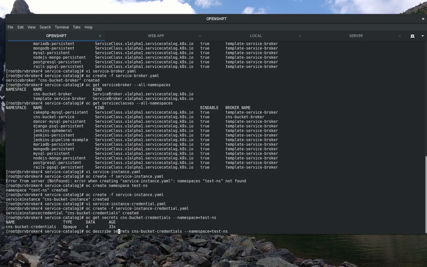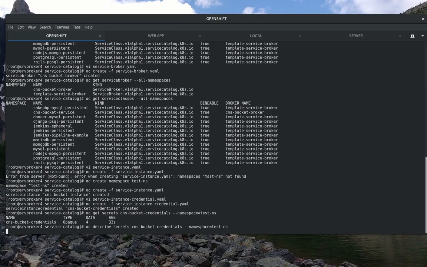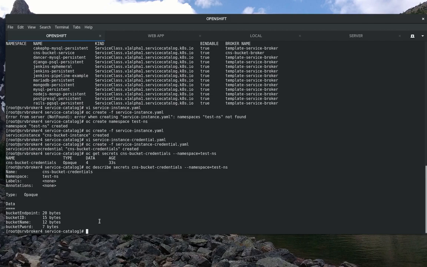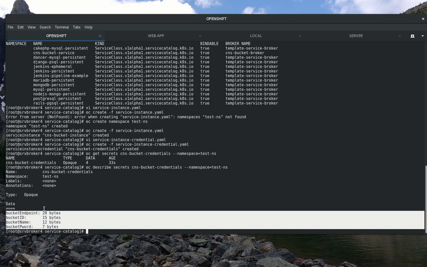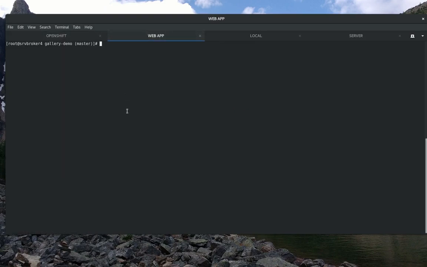And when I do that, the key thing I want to point out is that we have these 4 items. Contained within these are the credentials and the actual IP endpoint and the bucket name. So those are all contained within these credentials. I don't need to look at these. I don't need to save them, because I'm just going to pass these into the web app that I'm going to generate. So if I just switch tabs here over to my actual web example,